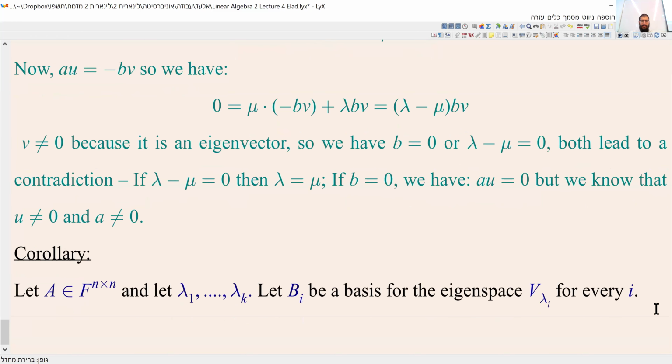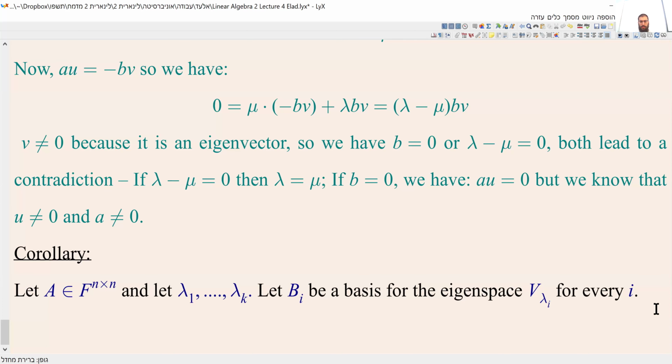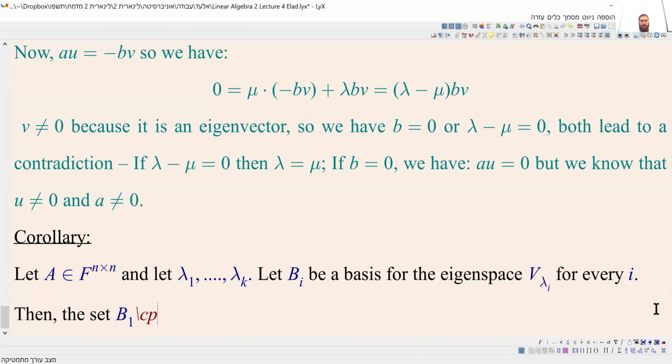So one can write that, then, it's the conclusion, the set B1,